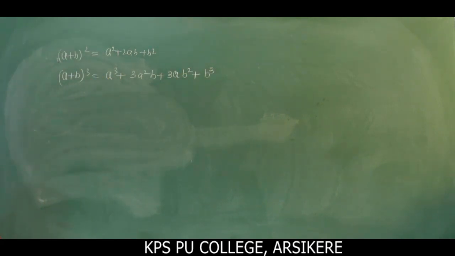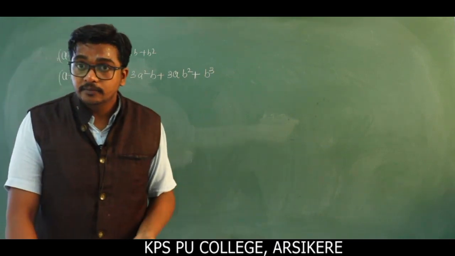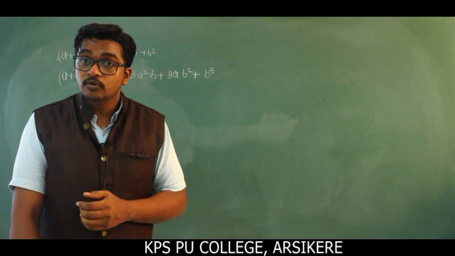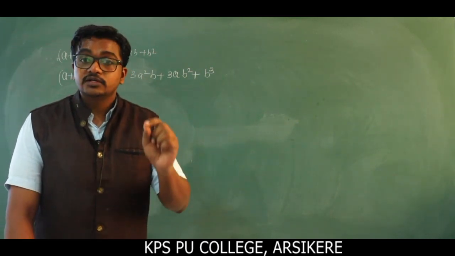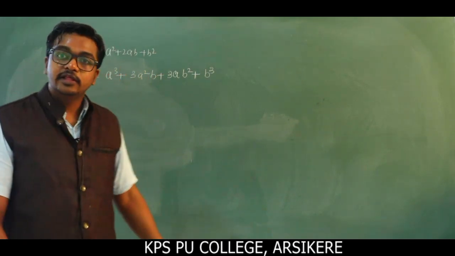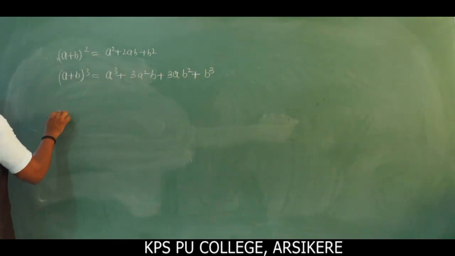Suppose that the power goes to 10, 15, 20: (a plus b) whole power 15, (a plus b) whole power 100, (a plus b) whole power 1000. For that we have a standard theorem. That theorem is called the binomial theorem. Whenever we have (a plus b) whole power n,